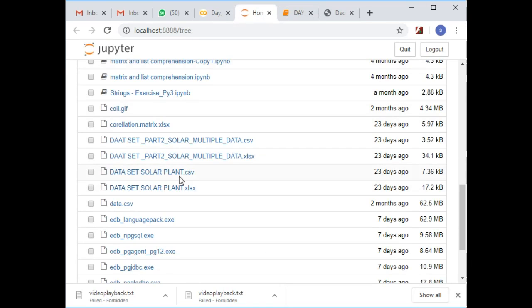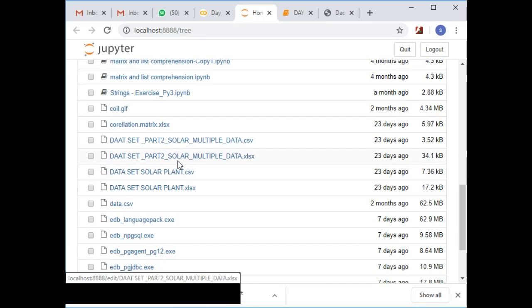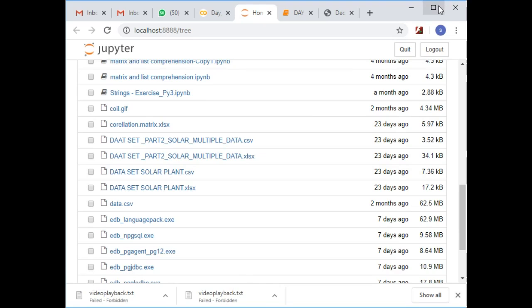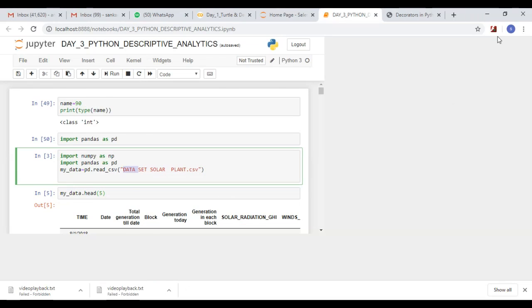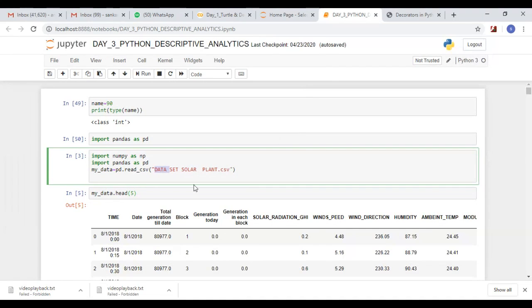These are my data set, the solar plant data set. Then once I have read that CSV file,